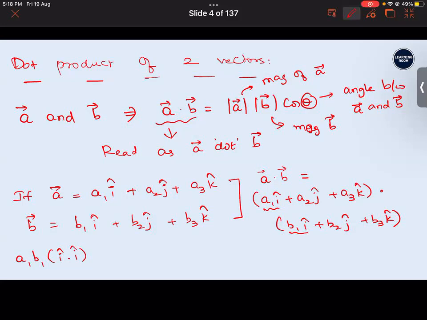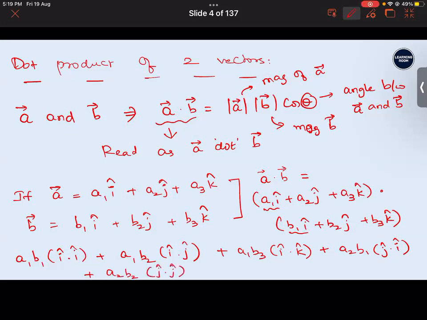Dot product. Plus A1 B2 i cap dot j cap plus A1 B3 i cap dot k cap plus A2 B1 j cap dot i cap plus A2 B2 j cap dot j cap plus A2 B3 j cap dot k cap